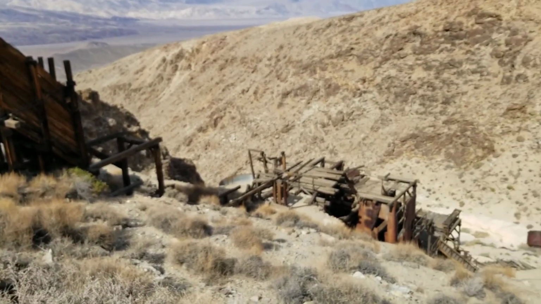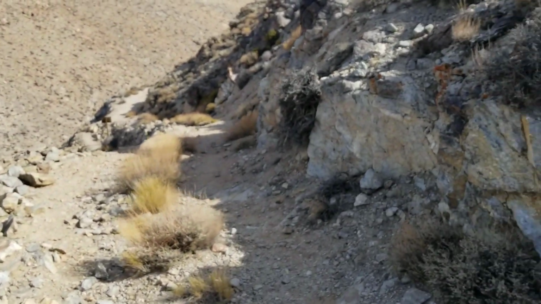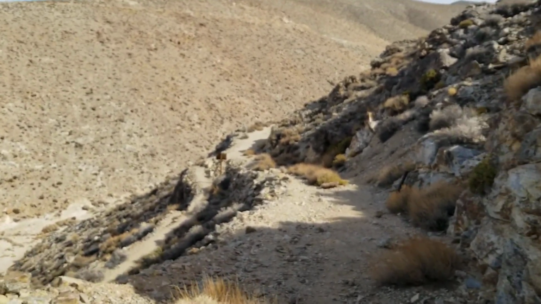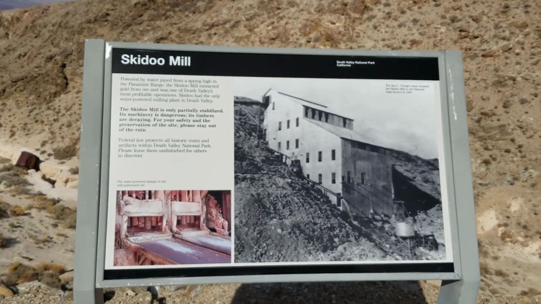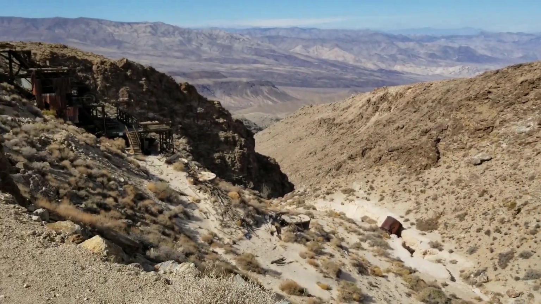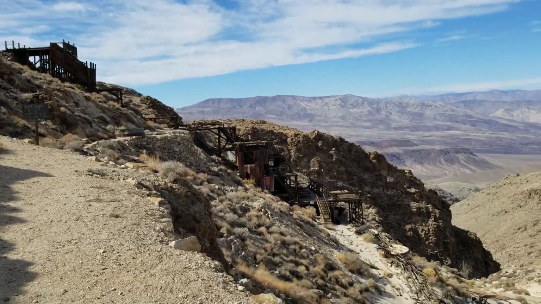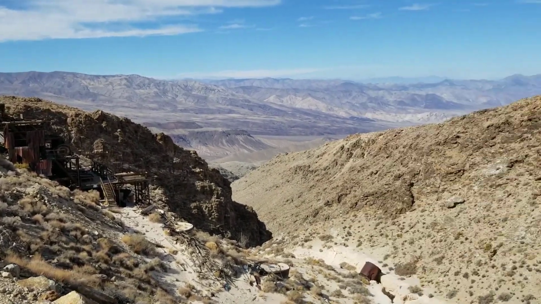And here I am at Skadoo, that place I was telling myself for so many years that, nope, you can't make it till you get a four-wheel drive. Okay, so much for stories we tell ourselves. By the way, here's a photo of the Skidoo Stamp Mill when it was at its height. And of course, look at it now. Still a pretty imposing structure, but definitely nothing